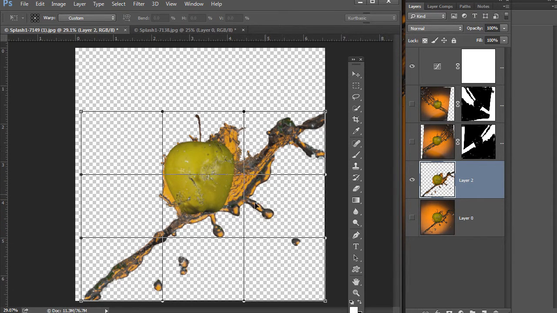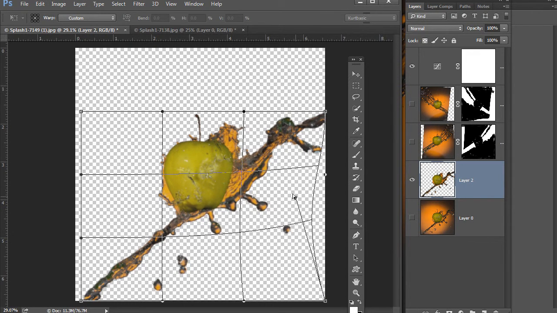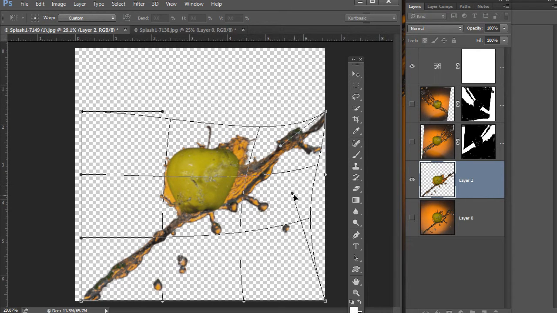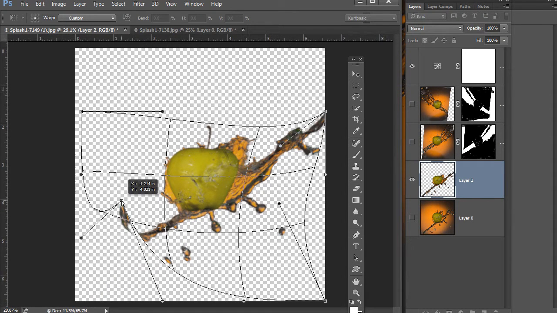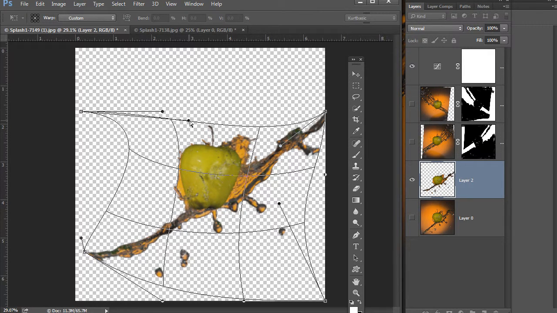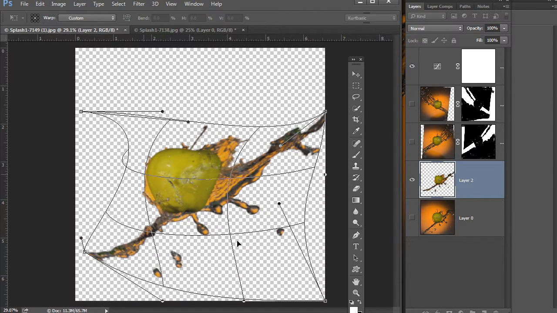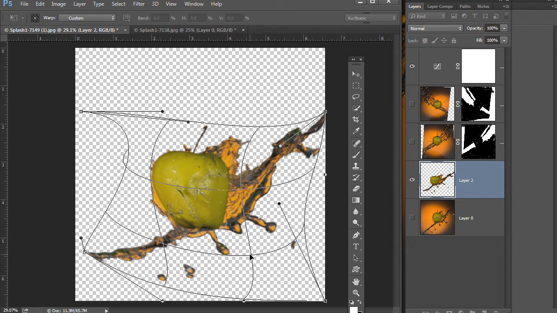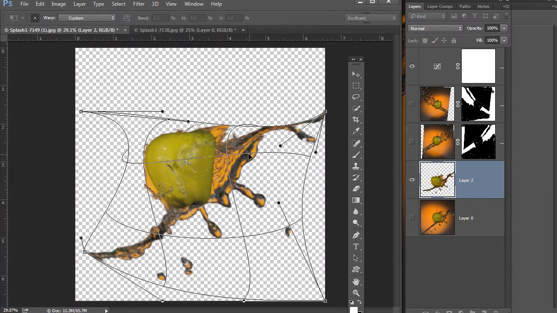By bringing up Warp, you can control these points to help you shape your splash. And of course you don't want the apple there because you're going to mess the apple up. And you can grab parts of the wire frame and move the splash around and shape it. And then by double clicking,